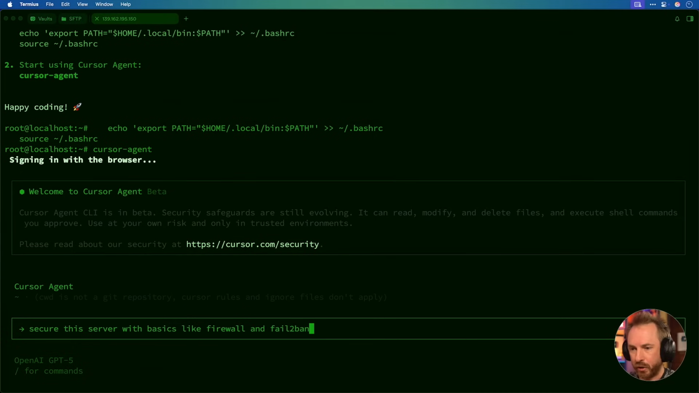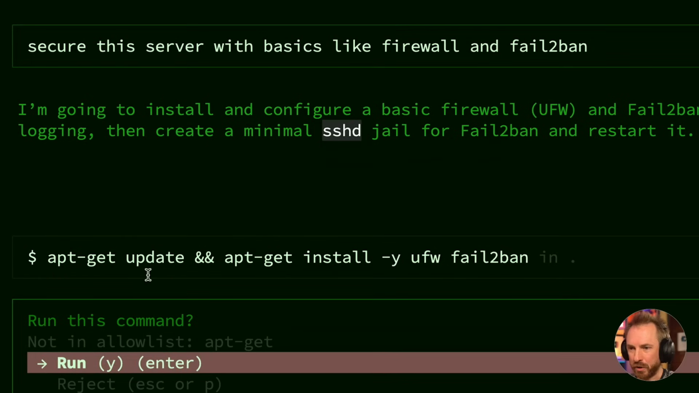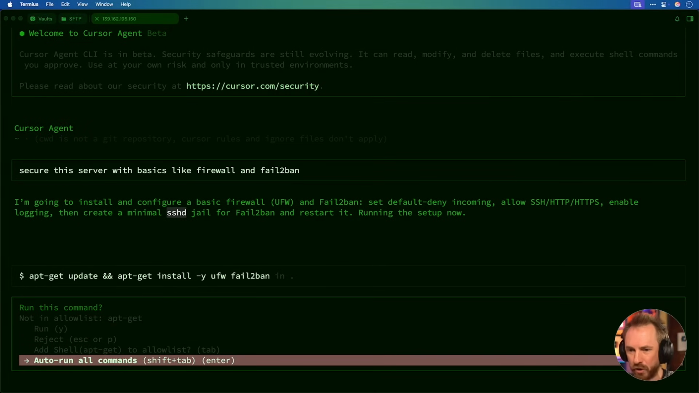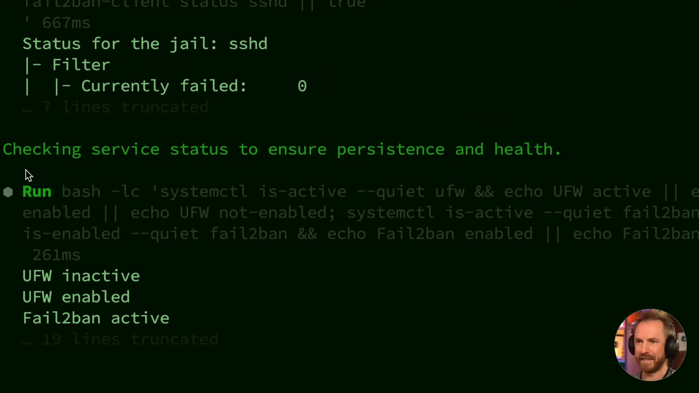First, I'll ask it to secure the server with basics like firewall and Fail2ban. Now it's asking me if I want to run those commands on my server, which of course I do, and YOLO, so I'm going to auto-run all commands in the future. As you can see here, these commands are running in the background, and GPT-5 is thinking about next steps. Okay, it seems to be finishing up here and telling me it's checking the server's status to ensure persistence and